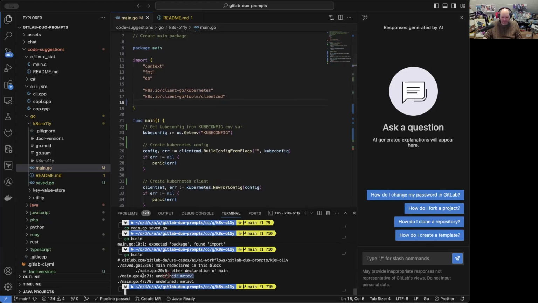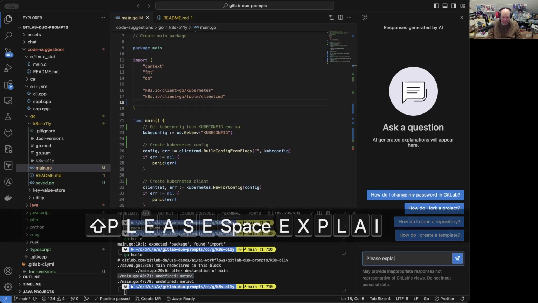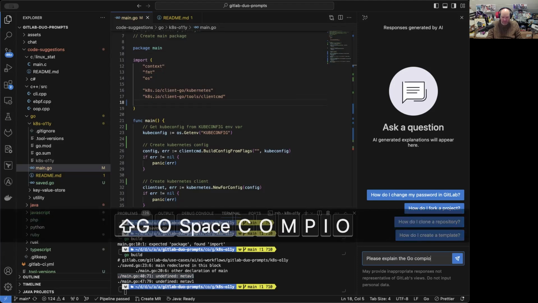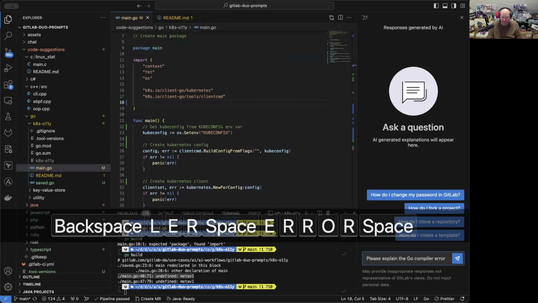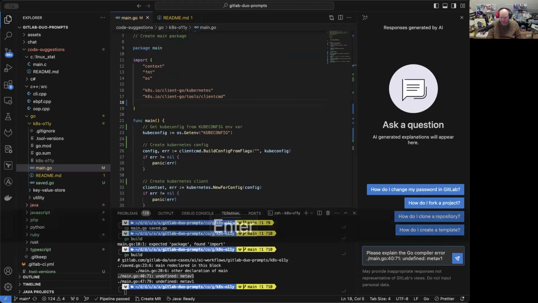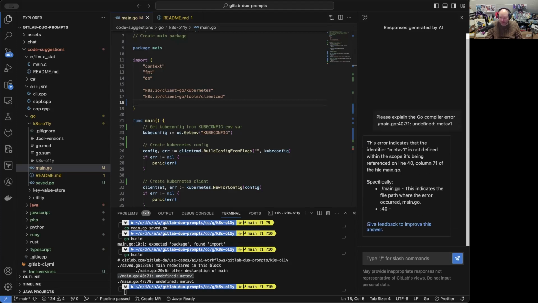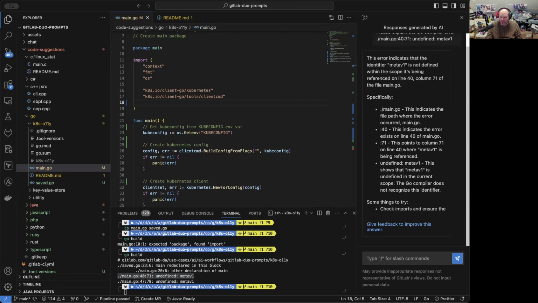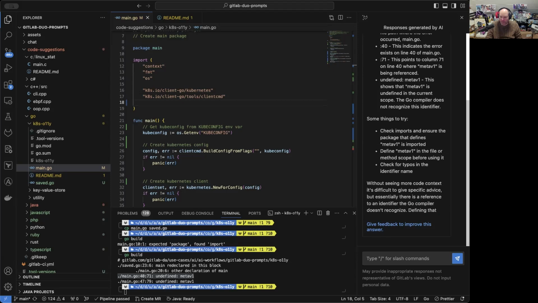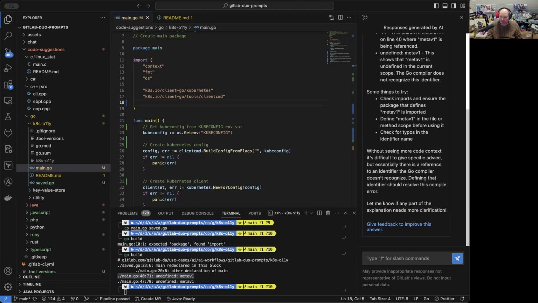We could also go ahead and say, copy this one and ask GitLab Duo Chat, please explain the Go compiler error, and then copy paste. And then see whether we can get additional help. Okay. In this scope, Duo Chat doesn't have access to the source code, but what I can do here is